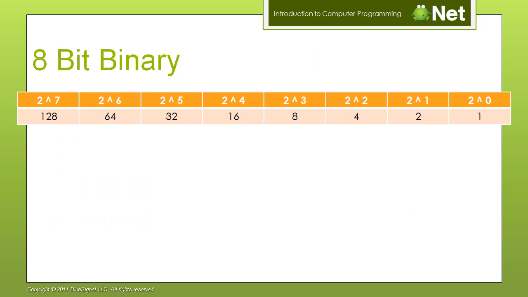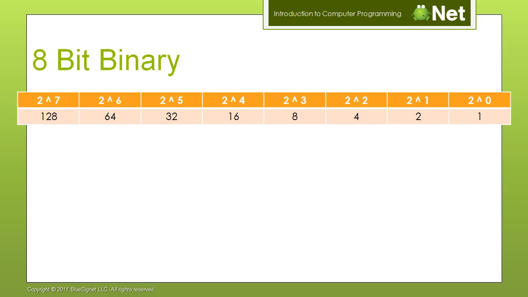We were talking a minute ago about 8-bit binary. Now this is a representation of 8-bit binary. Unlike in the English language where we read from left to right, computers read right to left. If you look at the blue bar on the top, look at the exponent. The exponent is 0, 1, 2, 3, 4, 5, 6, and 7. So we have 8 values. And the base number in every single one of these is 2. Thus, it's a base 2